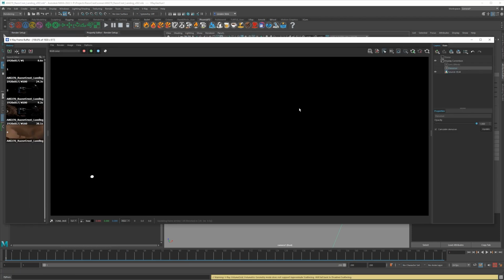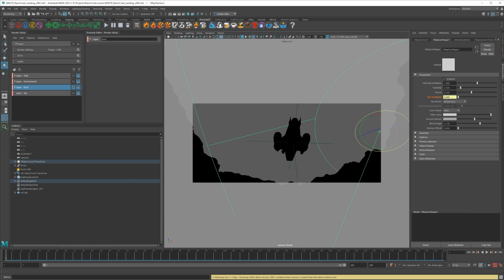If I go back to IPR now, hopefully that goes away. And if it does, we're good. If it's still there, okay, it's gone. Cool. So it must be something to do with the VDB and having the sun size there. I have no idea. That looks like a bug to me. So if you see something weird like that, set your size multiplier just on the dust layer to be 0, because this is what controls the size of the sun.